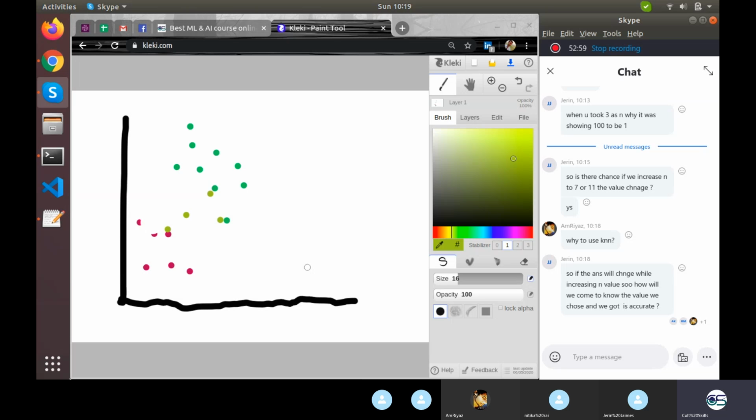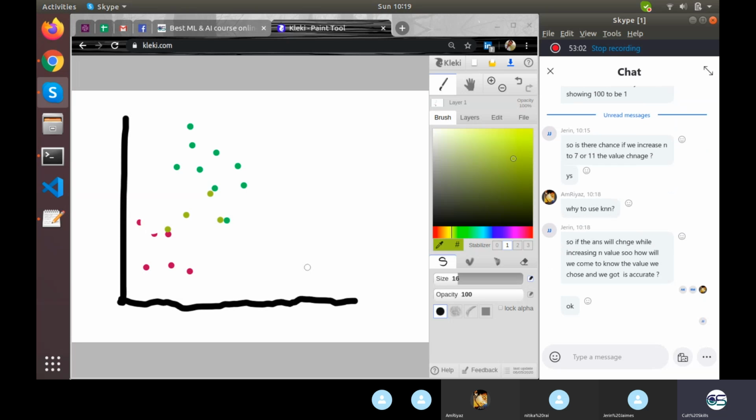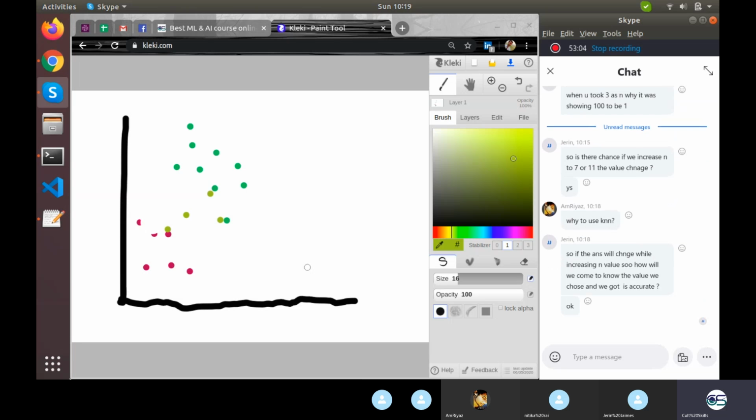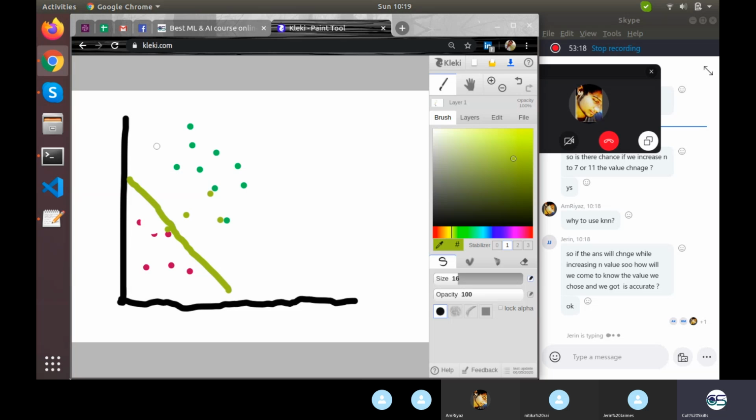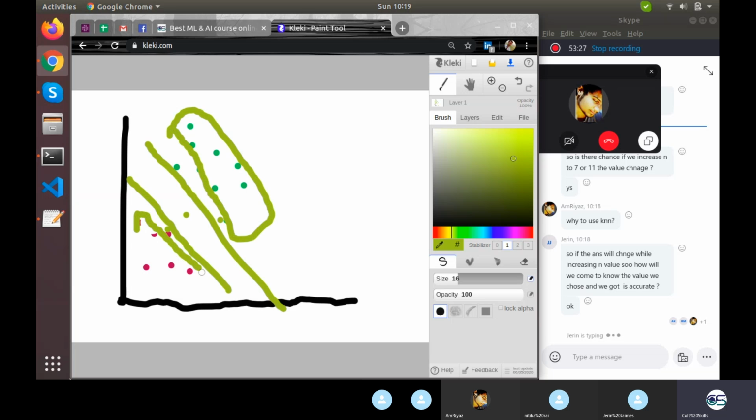So I was discussing that only, when do we need to use KNN and why use KNN? When we have shorter data and we want all the data points to contribute to the decision. When we worked on SVM, it took only the last point from this class and the first from this class, something like this. It ignored all the other points. But in the case of KNN, you are considering each point while making the decision.